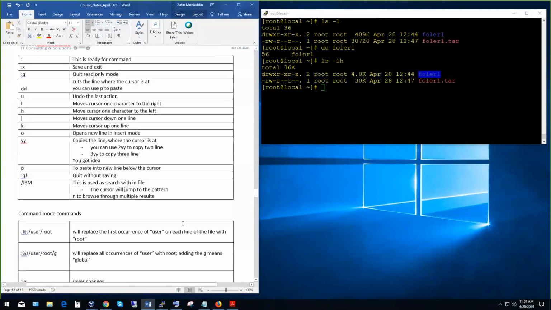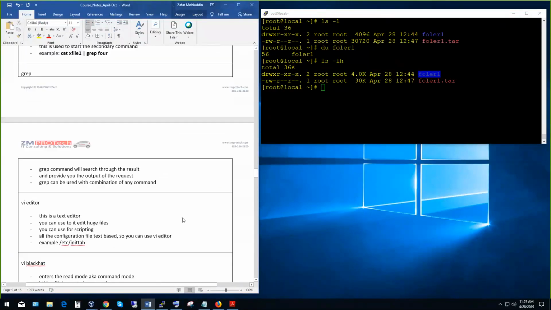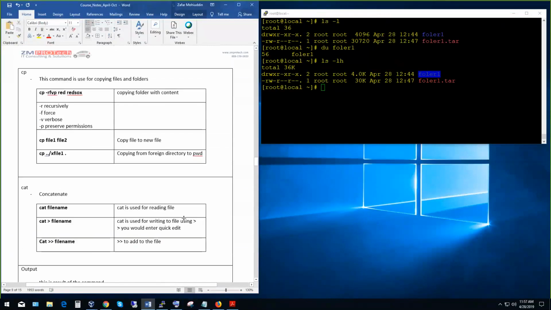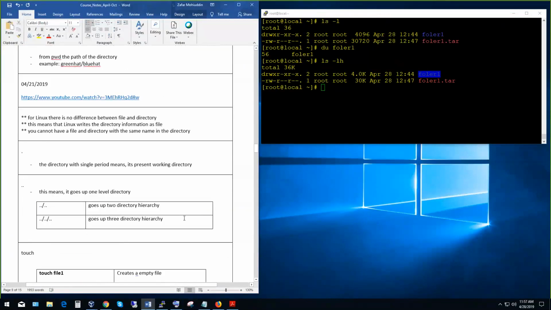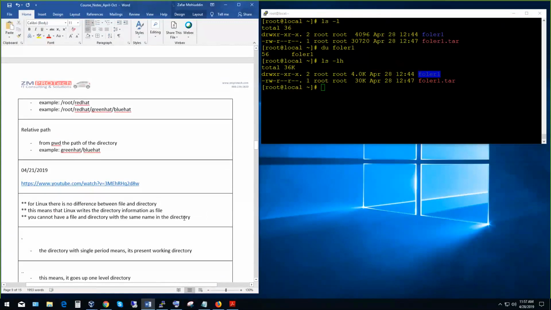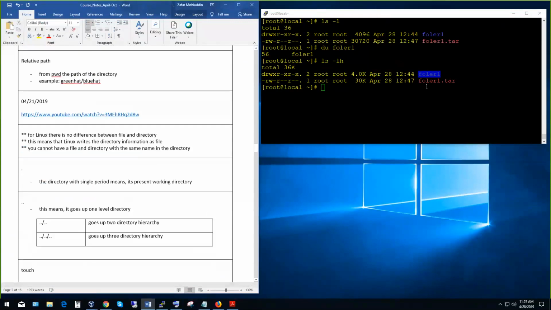Here's the thing. In Linux, what happens is the system on the kernel level is also writing the directory as a file. So here it's showing you the size of just the folder itself, not the content of the folder. So there is no difference between file and directory. This means Linux writes directory information as a file. Okay, but when you use a du command,